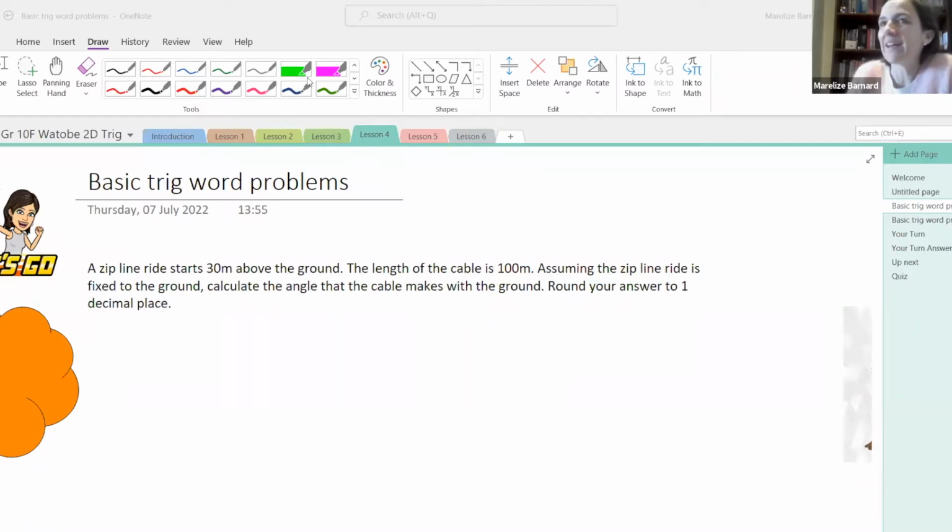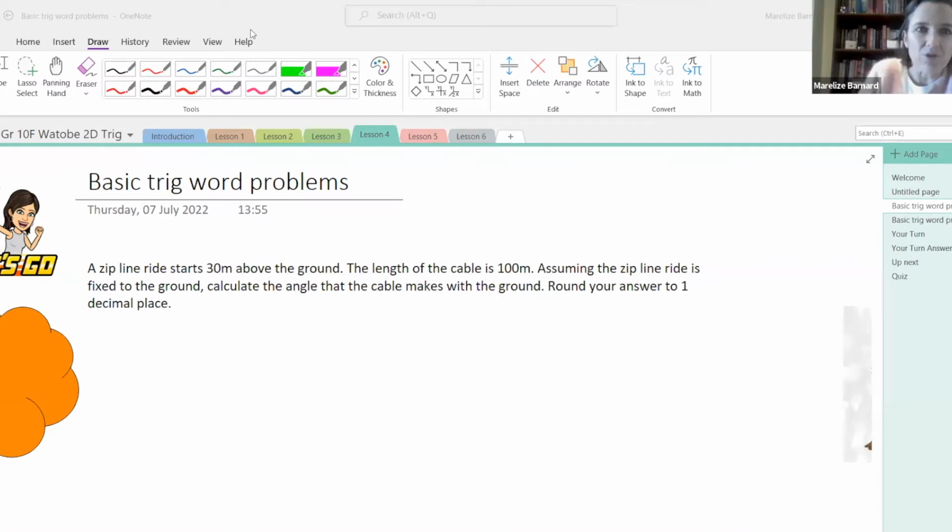But basically they put you in a harness and there's a cable that goes from a high point, like a tree or a cliff or something. They strap you in and you hold on to these bars and then you slide down this cable to the bottom. It's obviously very fast, it's very high, so it's quite an adrenaline rush. It's not something that I would be keen to do now in my old age, but I think while you're young you must try things. Okay, so now that we know what zip lining is,